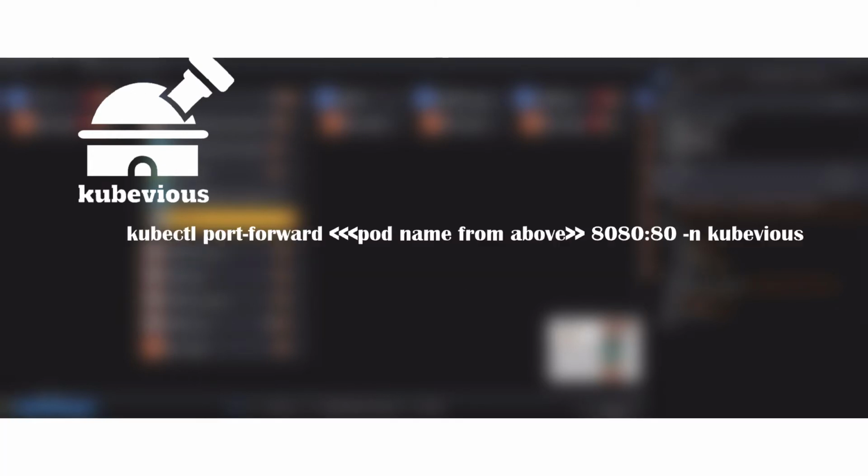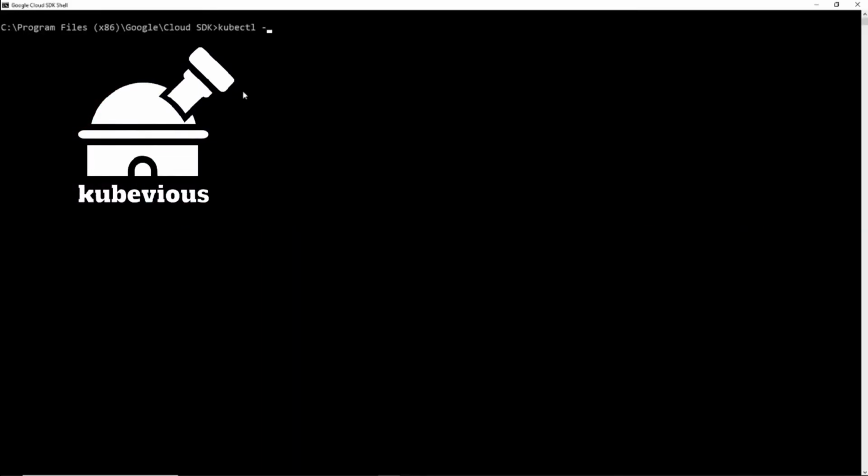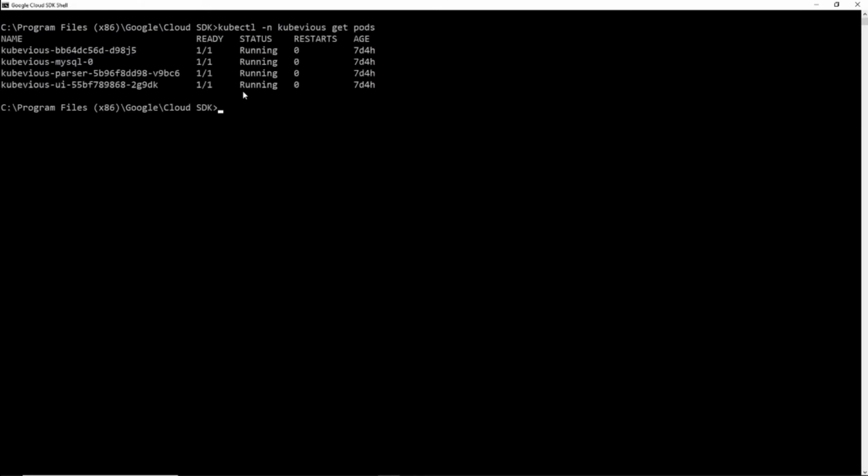Quickest way to access this is to use kubectl port-forward. You can also create a Kubernetes ingress. For this video, I'm going to just create a port forward. The commands again here are simple. kubectl get pods in namespace QBS, and then look for our UI component. Then write kubectl port-forward, use the UI component pod name, expose it on our local 8080, and it's already running on port 80. Of course, it's in namespace QBS.